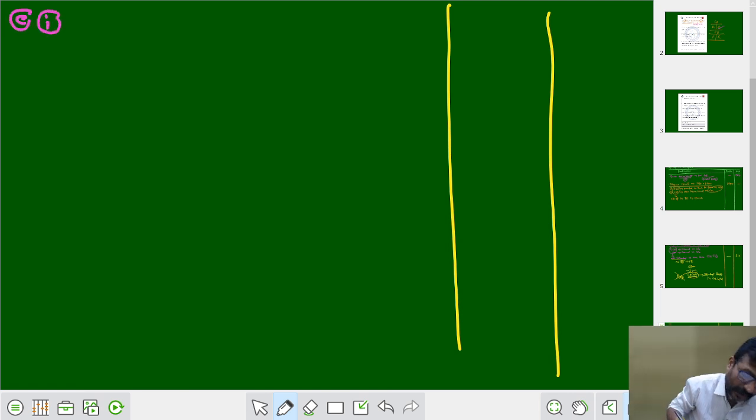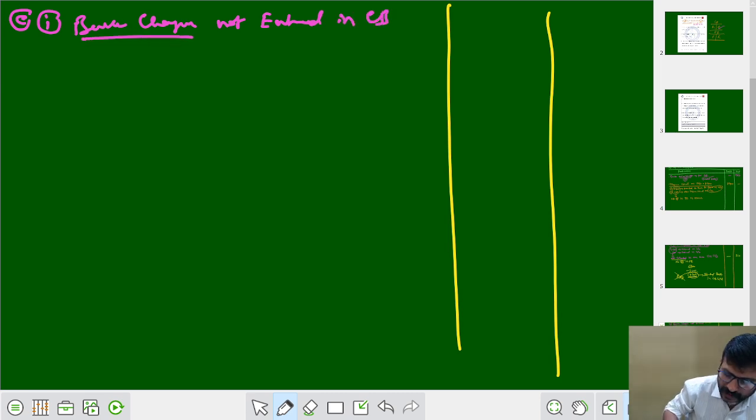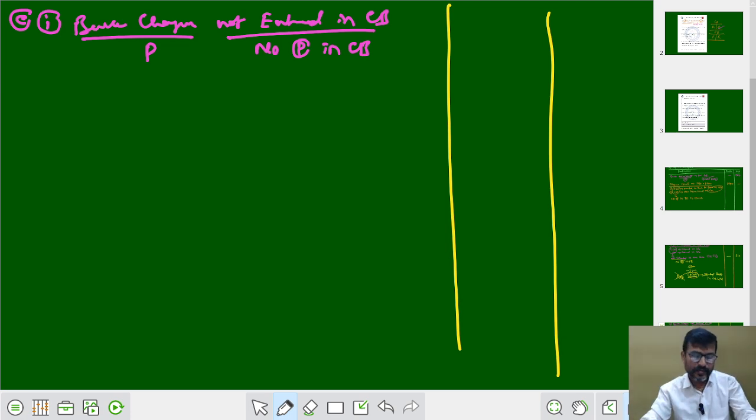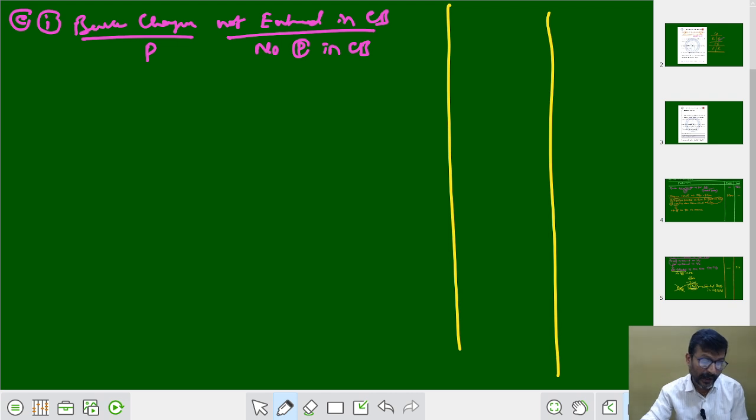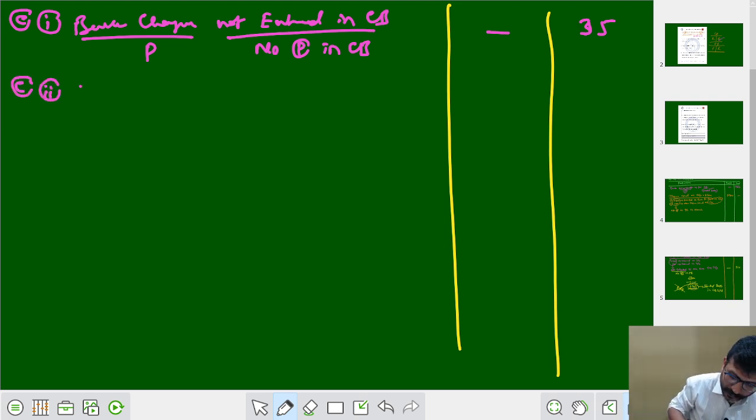In that first point, let me write it separately. Bank charges not entered in cash book. Bank charges means payment. Not entered in cash book means no payment in cash book, no credit in cash book. So where do we have to take it? We have to take it on the credit side only. That is how much? 35. Similarly, in the C sub point 2,